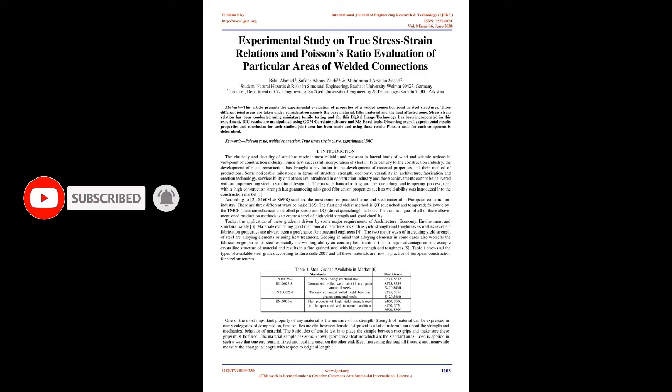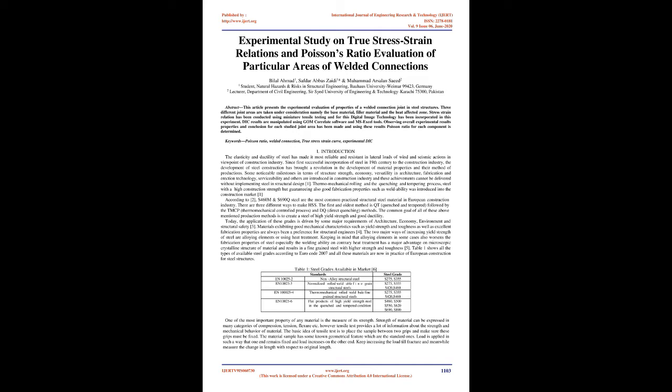1. Thermomechanical rolling and the quenching and tempering process. Steel with a high construction strength, HSS, guaranteeing also good fabrication properties such as weldability, was introduced into the construction market. According to 2, S460M and S690Q steels are the most commonly practiced structural steel materials in the European construction industry. There are 3 different ways to make HSS. The first and oldest method is QT, quenched and tempered, followed by TMCP, thermomechanical controlled process, and DQ, direct